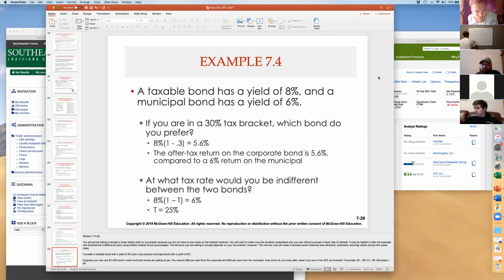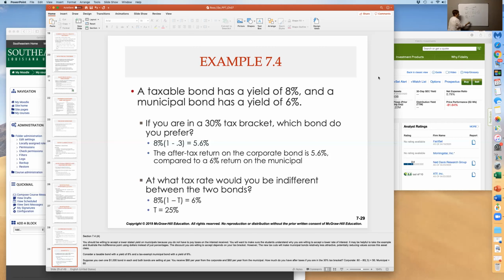So I'm going to solve for T. That's going to be 6% divided by 8%, and that's going to give me 1 minus T. Minus T is going to be equal to 6% over 8% minus 1. Now I'm going to multiply through by minus 1. Your tax rate is going to be equal to 1 minus 6% over 8%. And that turns out to be